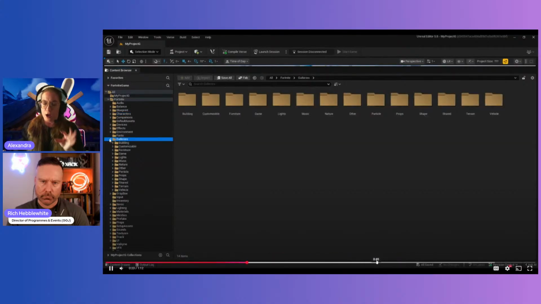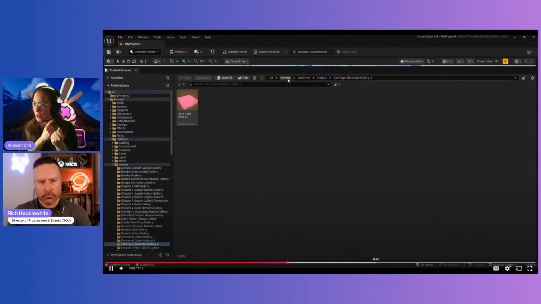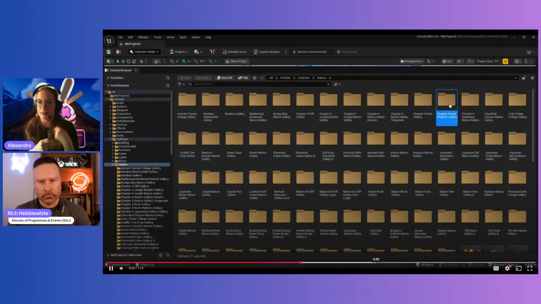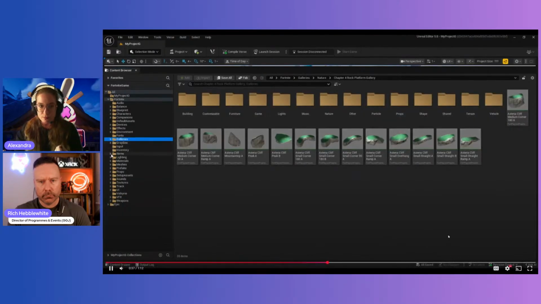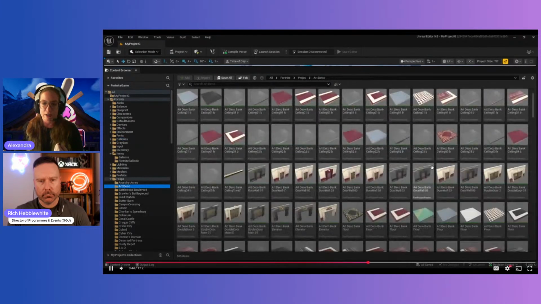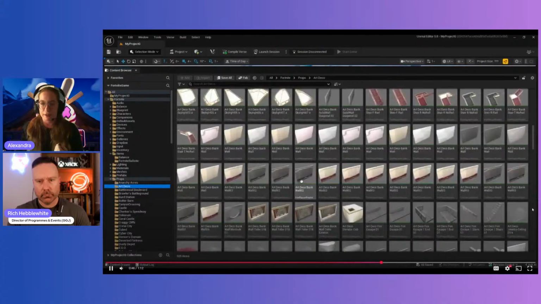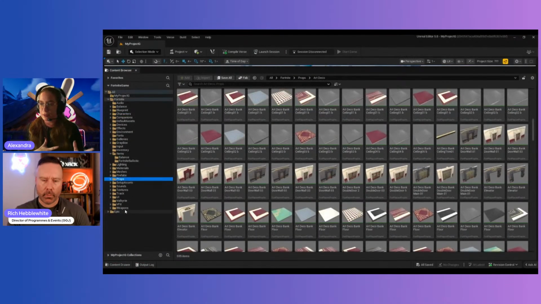Then props. Props are walls, stairs, roofs, basically all of the pieces that would make up a prefab, and they are in the galleries. So you can see there's a lot here to go through. I click on Art Deco. You can see all the walls and floors and everything that's available. There's really just so much content, with all these different themes and styles, it's a really diverse amount of content.